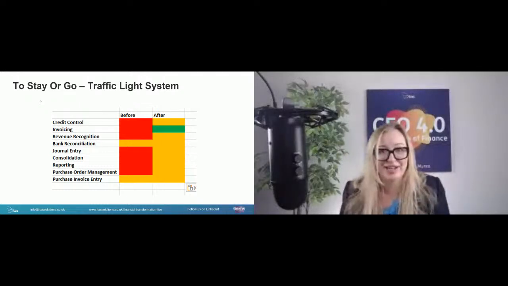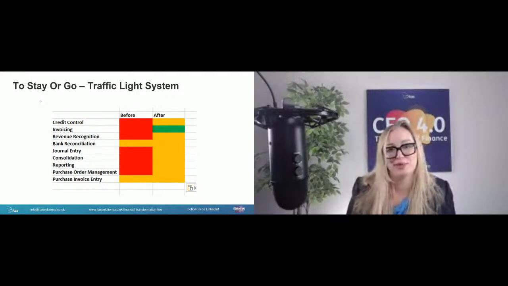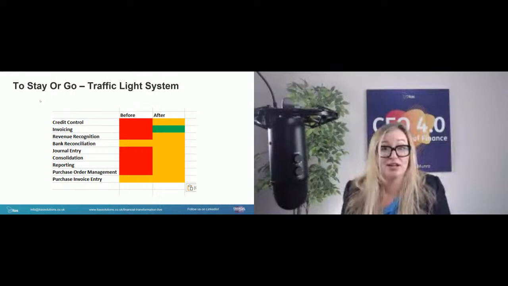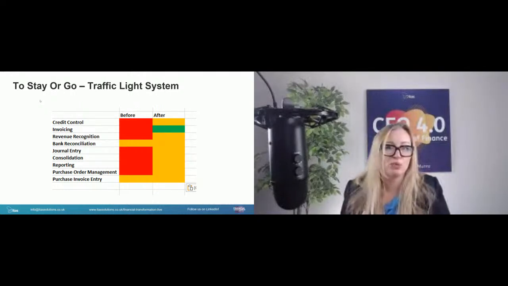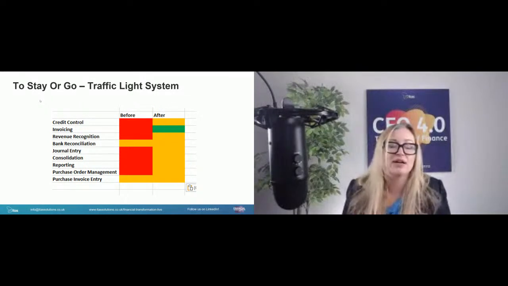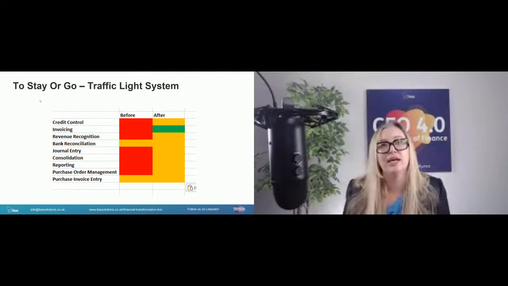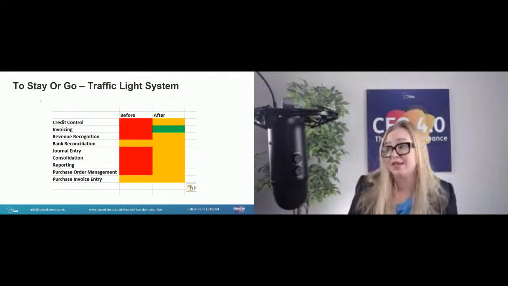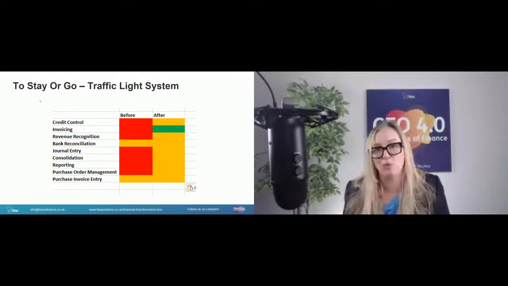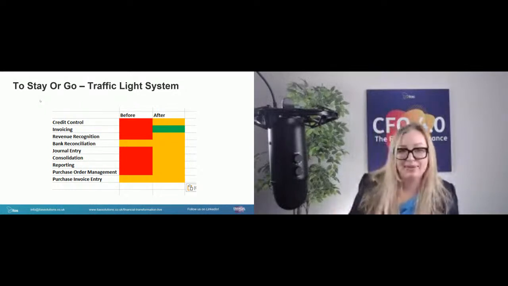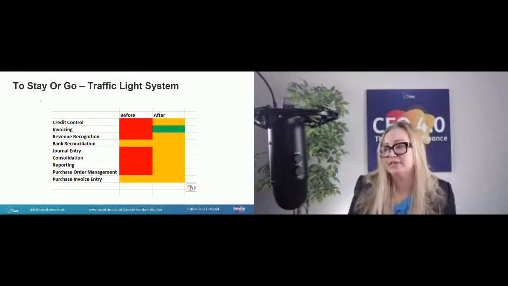Obviously, if you have no budget, then don't do this. You should probably do this and then understand whether you need to make budget available. But you might just say, right, we're at a level where we can't afford to pay for a really shiny, fancy new system. So we need to make the best of what we've got. And then that's where those in-process improvements come in, and you're going to have to invest manpower in making that work really well, and potentially add-ons to extend the life of your current system.